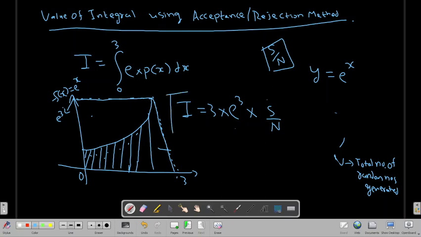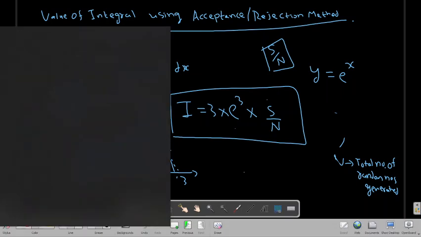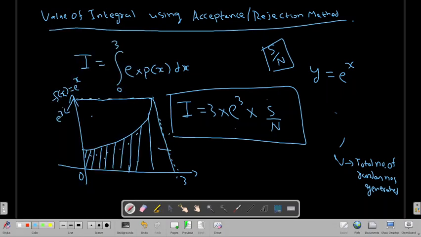And this is how you can calculate the value of this integration using the acceptance rejection method. So this was the acceptance rejection method.